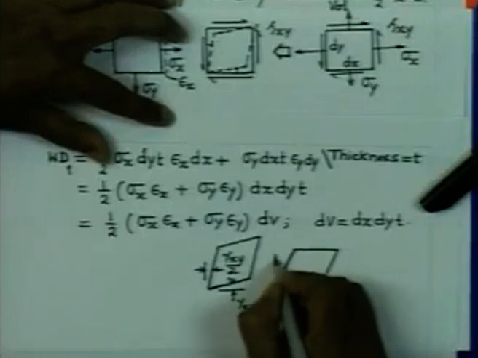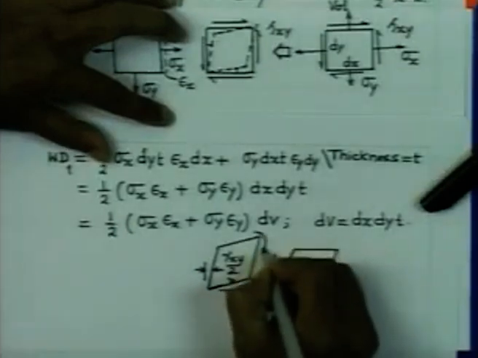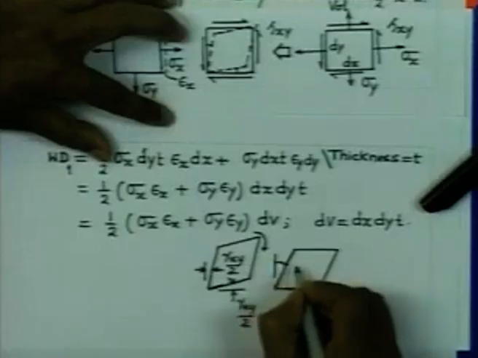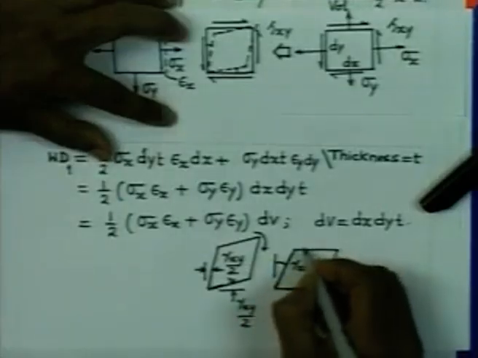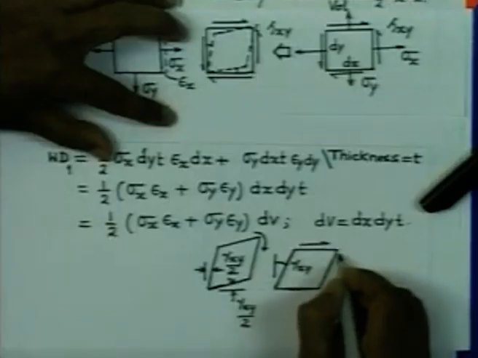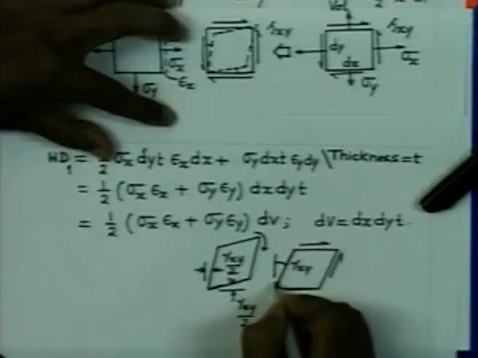Now, by turning this in this direction, what we have achieved is that this angle is equal to gamma xy. So, therefore, if we now consider the stresses acting here,